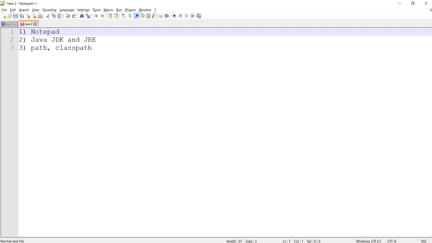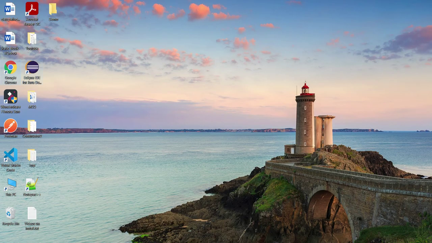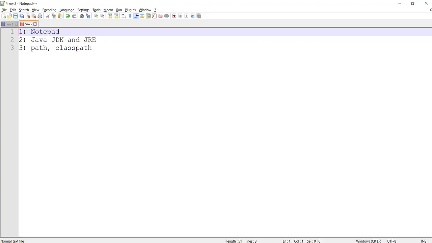If you are going to use Eclipse, like we can nowadays, whatever development we are doing in real time, we use IDEs like Eclipse or NetBeans, or there are so many IDEs. But when you use an IDE, all the things are hidden, like compilation.